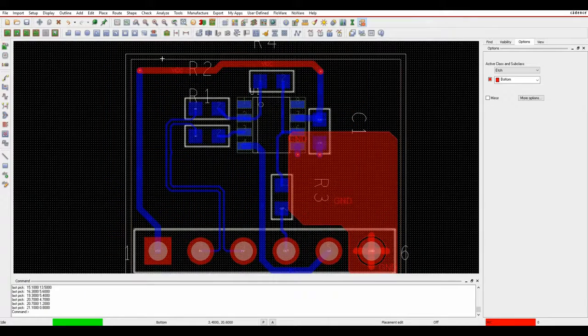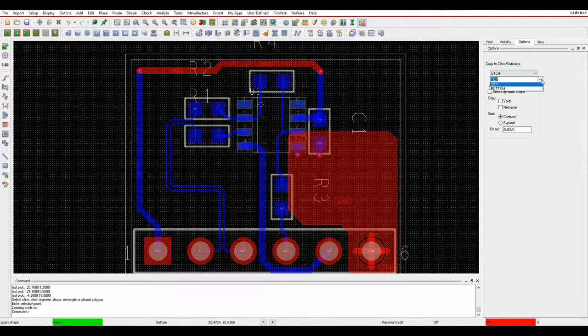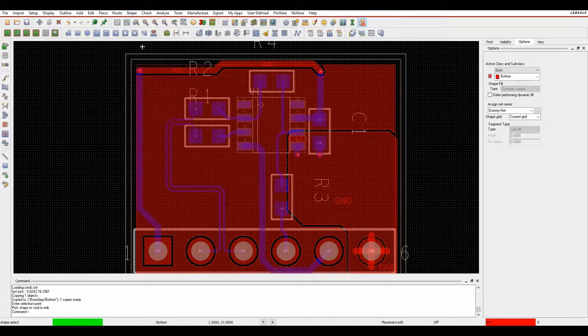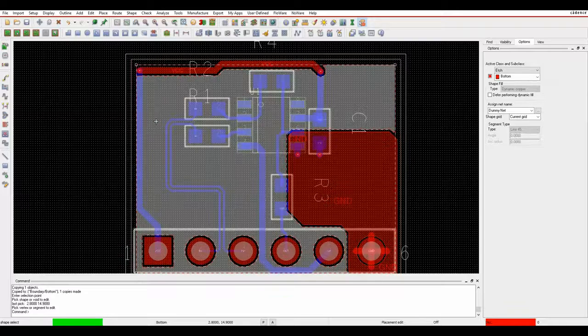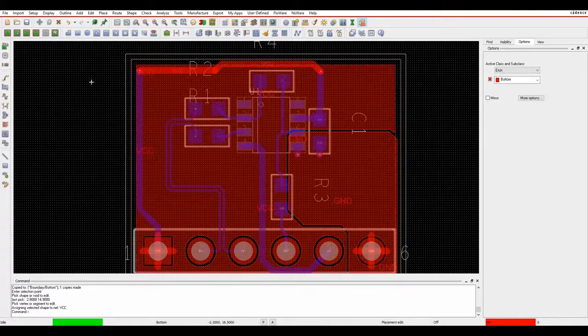And you can repeat that. There are other commands, so we can use a Z copy command, for example. So if I did the shape Z copy, I'm going to copy it to the bottom layer. I'm going to create a dynamic shape. I'm going to contract my board outline by 1 millimeter, and I'm going to left click on my board outline. So that gives me the shape, and then I can use the shape, select shape or void, pick the shape, and then I can pick the net again. So we'll come along and make this one VCC, click OK,